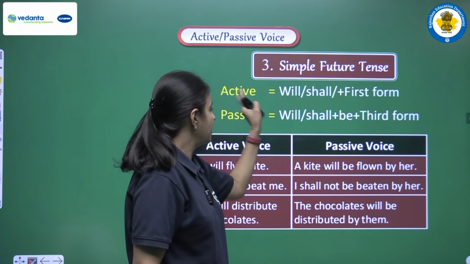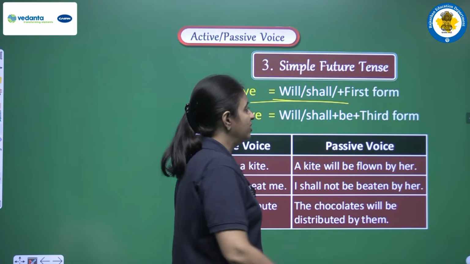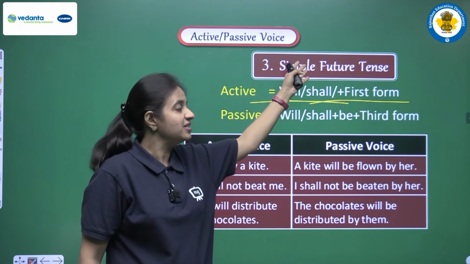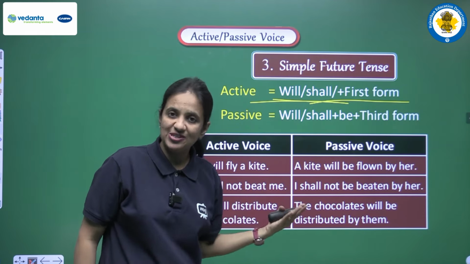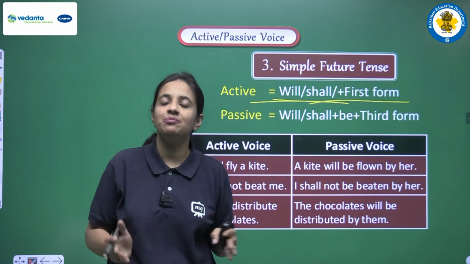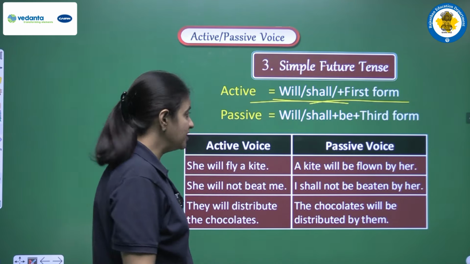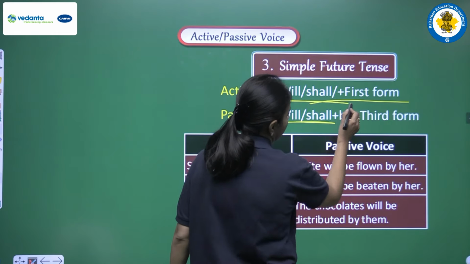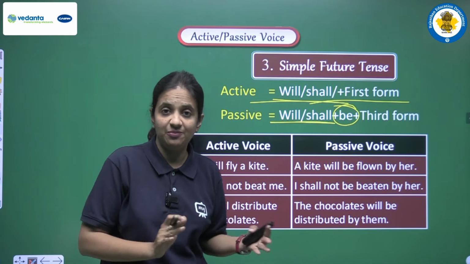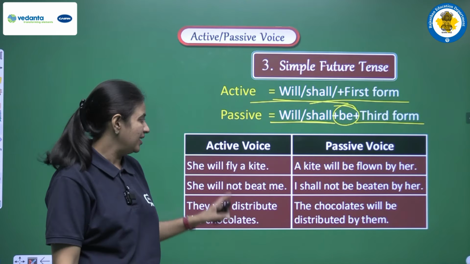Next we are having simple future tense. So let's see, first of all active voice में हमें क्या मिलेगा? We will be having two helping verbs, will or shall, and with that there will be first form of the main verb. So these are the rules that are related with simple future tense. Okay, so अगर will और shall में से कोई helping verb है and along with that we are having first form of the main verb, it means we are having future simple tense. Okay, so if we are having future simple tense, then what helping verbs will be there in passive voice? At that time with will or shall we have to add be. It means we have to use will be or shall be along with third form of the main verb, that is mandatory actually. So let's see some of the examples.